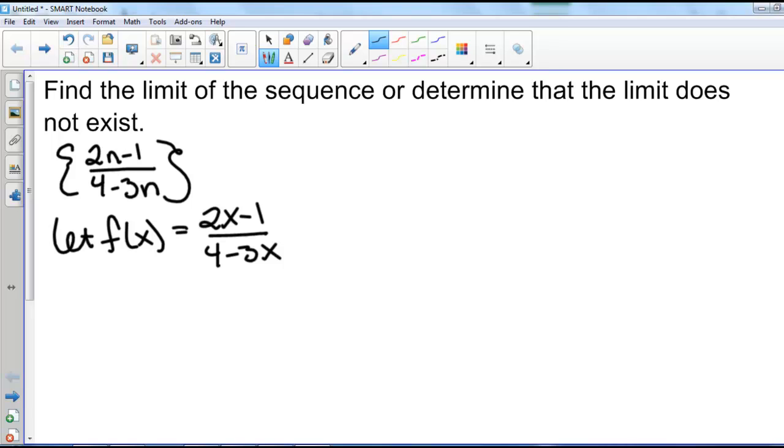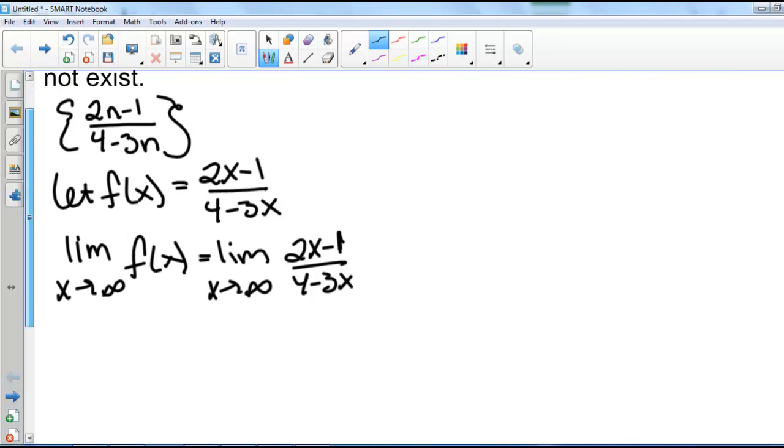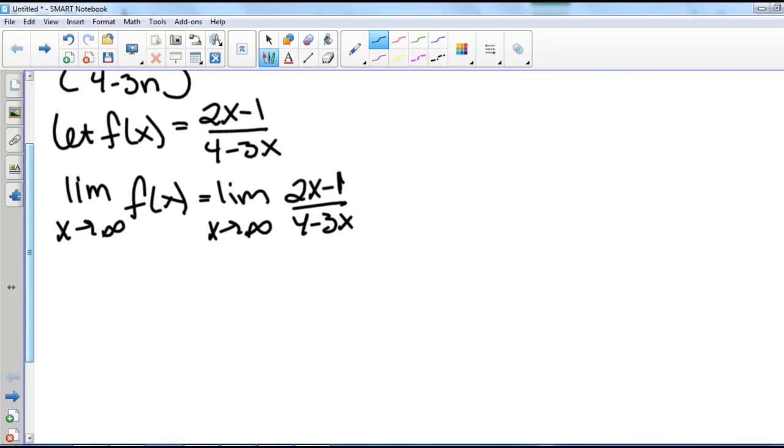And now we take the limit of our function. So the limit as x goes to infinity of f of x, which is the limit as x goes to infinity of 2x minus 1 over 4 minus 3x. And here we see that the leading term in our denominator is x. If we remember when we were learning about limits as x goes to infinity from Calc 1, then we want to multiply the top and the bottom